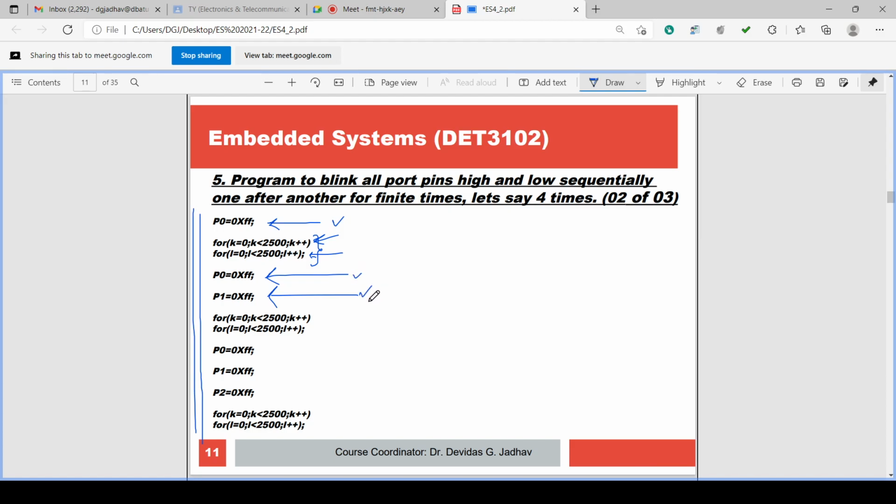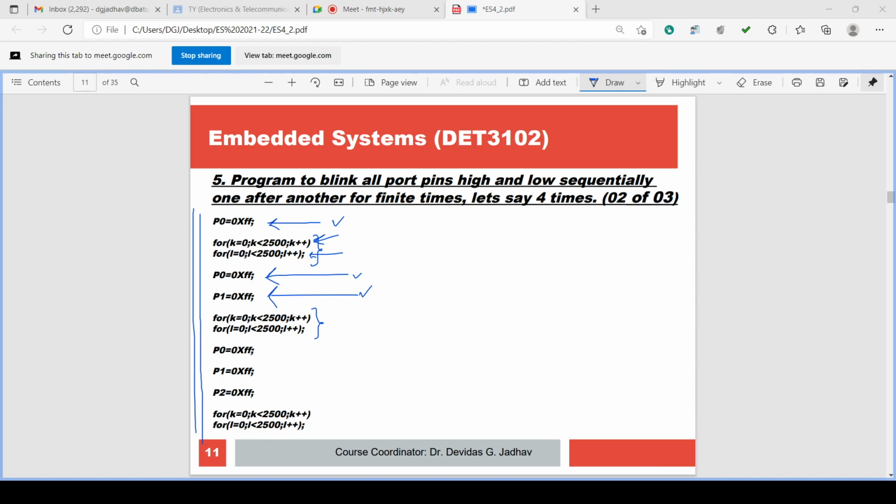It is sequentially blinked. And again a nested for loop will generate the delay. How much delay is generated? The delay is due to the execution of the k variable for loop as well as the L variable for loop. The k variable for loop will execute 2500 times and the L variable for loop will execute 2500 times for each k